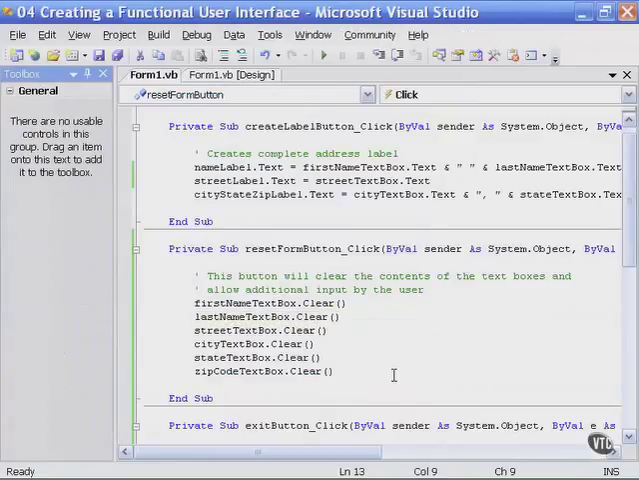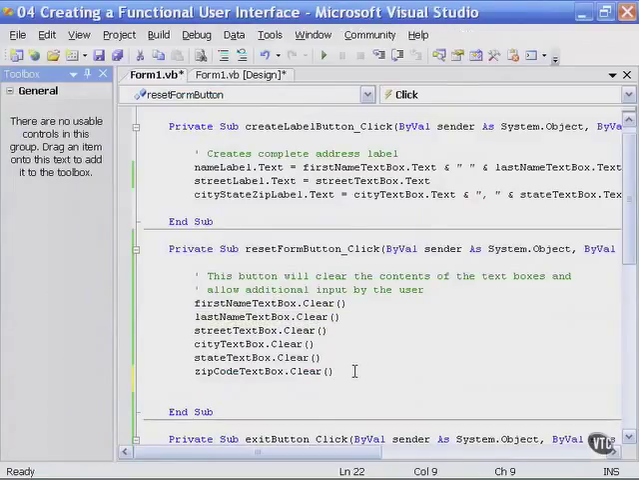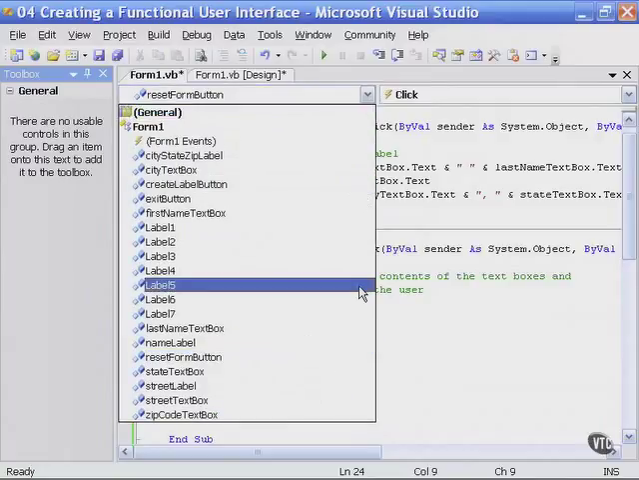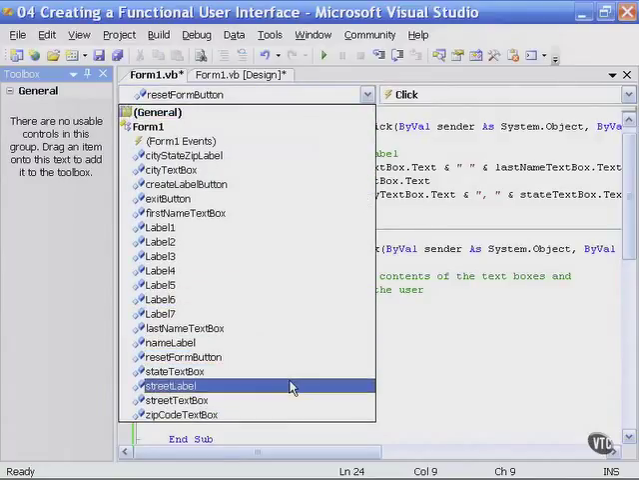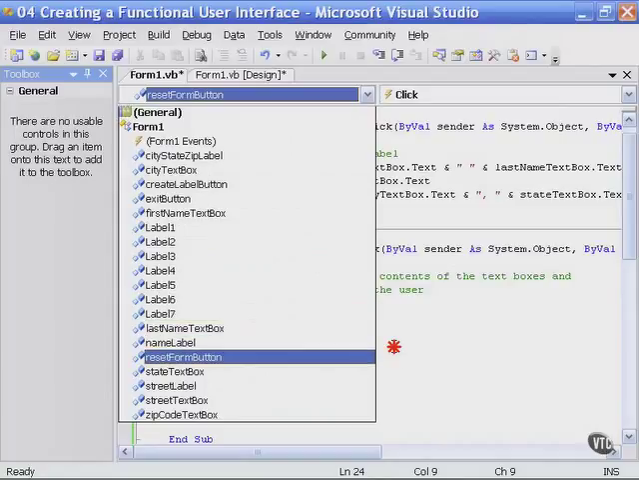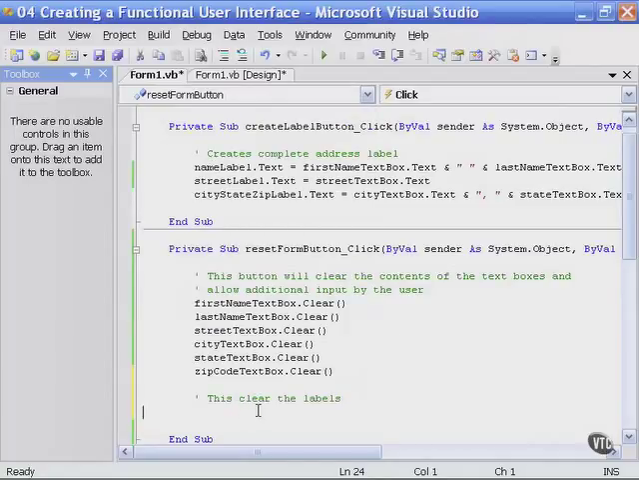Returning to the form and then double clicking on the clear form button. If I drop down below the text box group, since this is a separate routine, I will create a line of a comment that says this clears the labels. Now, the names of the labels are name label, street label, and city, state, zip label. So using the name label as an example,